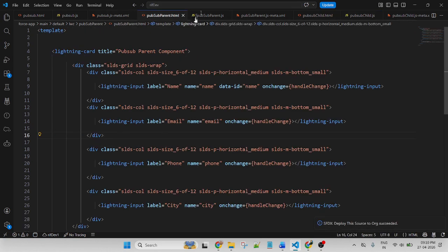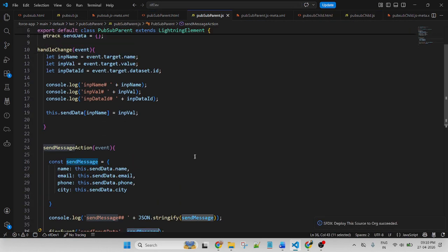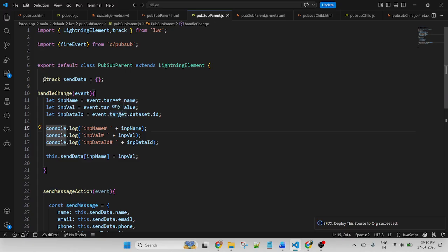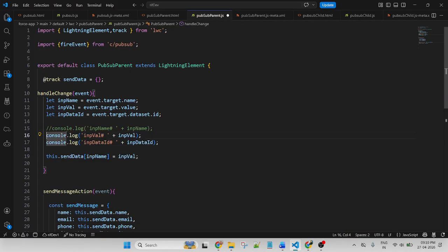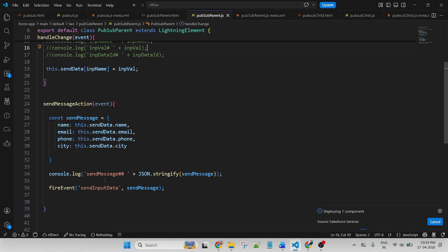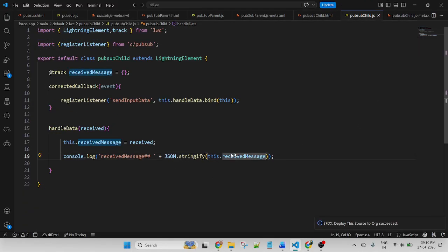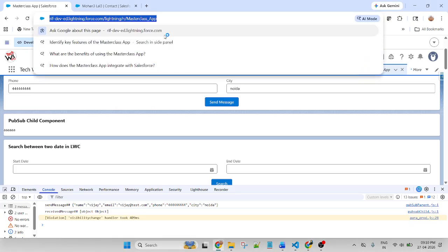This time I want to comment this console. Now send. So this is my parent component that I am sending. This is my child component that I am receiving. Now refresh.